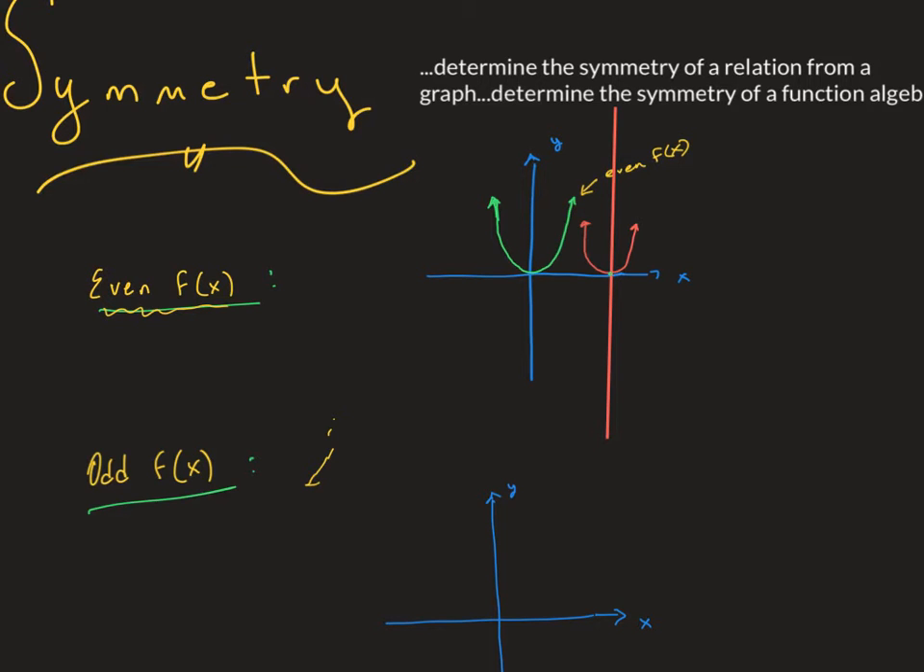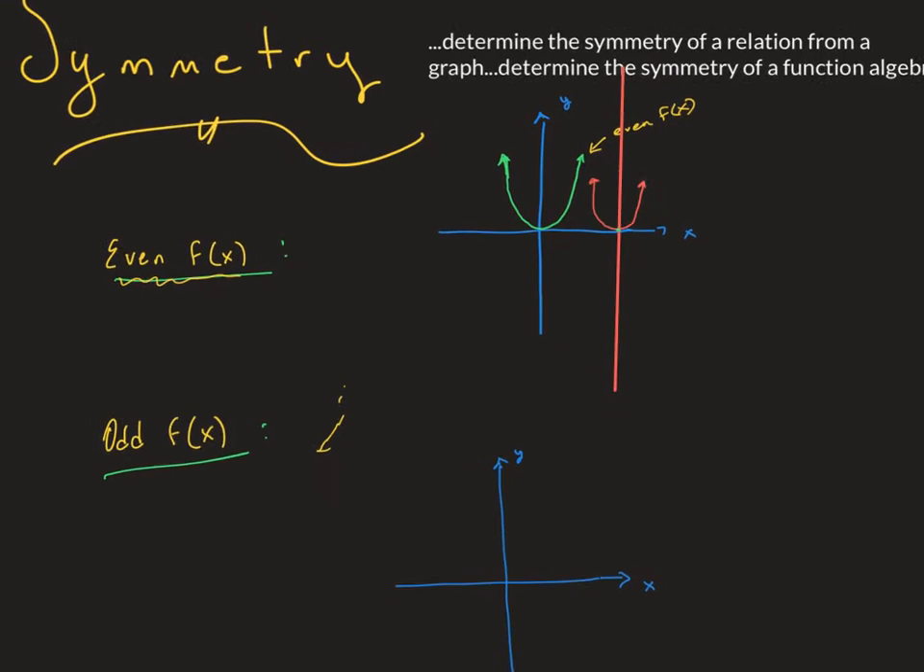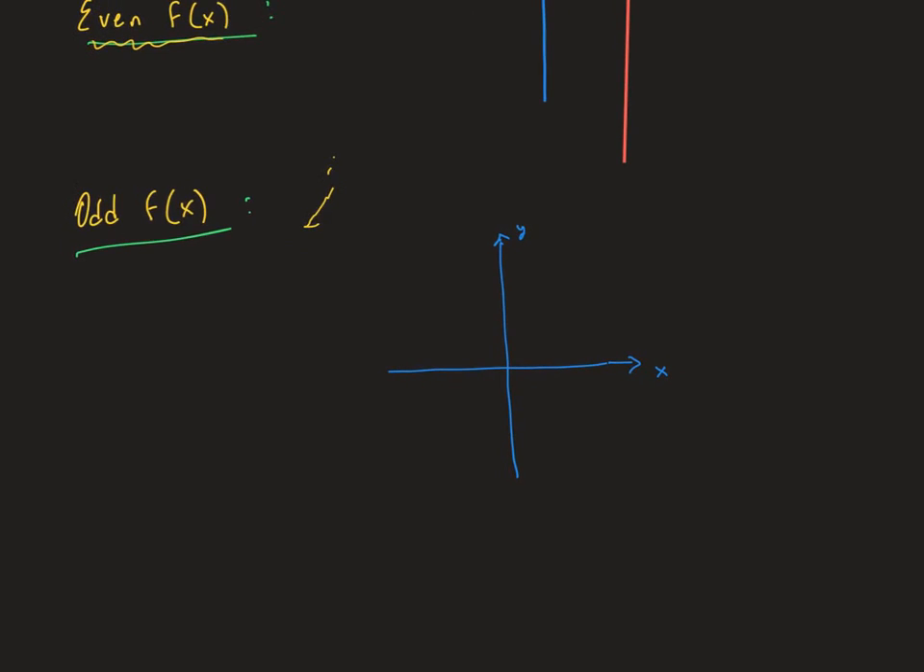So let's look at the rest of what we're talking about, an odd function. An odd function is going to be symmetric, not about the y-axis, but about the origin. So a function that looks like this function, if I were to rotate it 180 degrees,